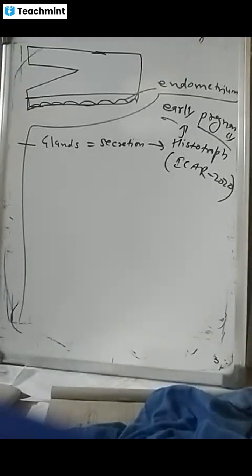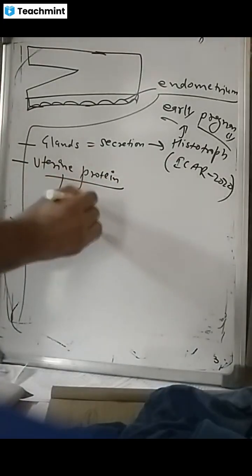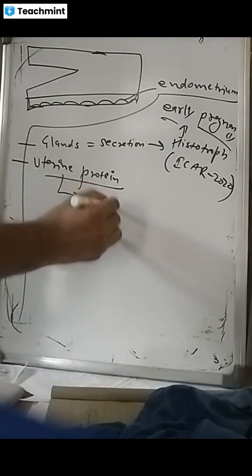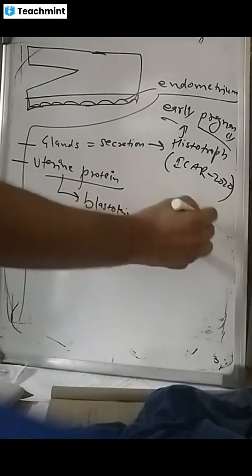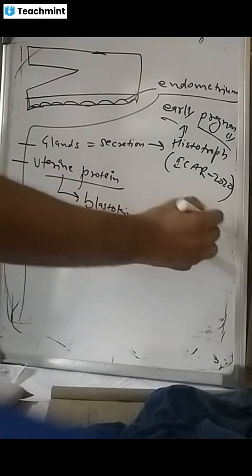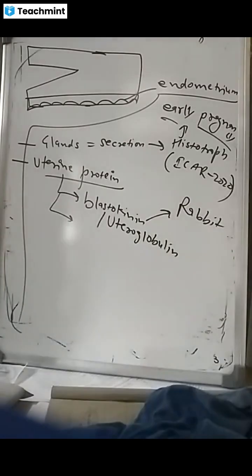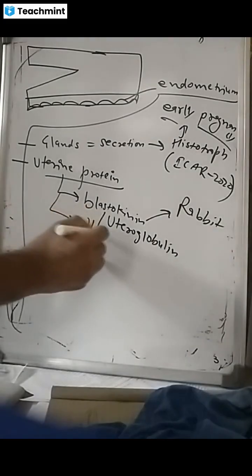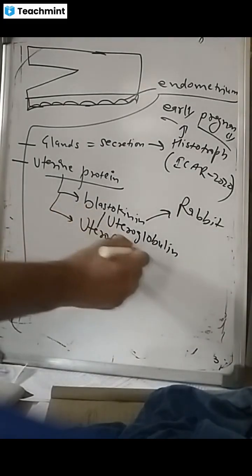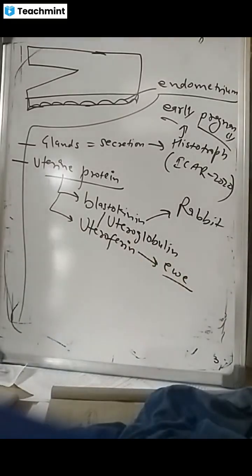So, the secretions are serine proteins. Number one is uteroglobulin, secreted in case of rabbit. Then one more protein, secreted in case of ewe. Then something with this endometrium,